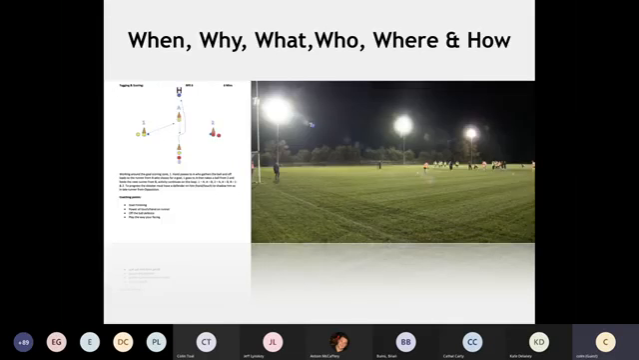So the 5 W's and H, right, which I love, and it's when, why, what, who, and where. And I like to show this clip. Okay, if you look on the left-hand side, you'll just see it's a simple shooting exercise, okay? And what's important about the likes of this, before we move on to the session plans and things like that, is why I like to show this,